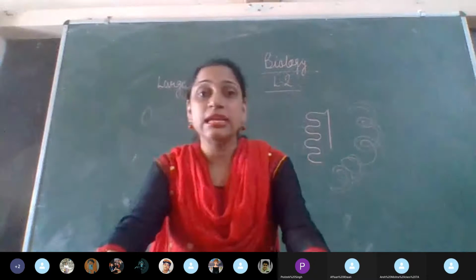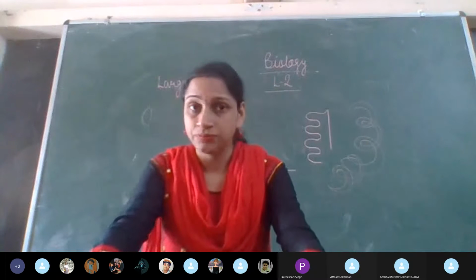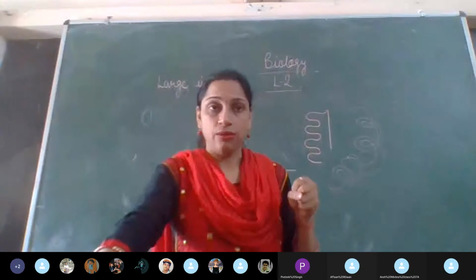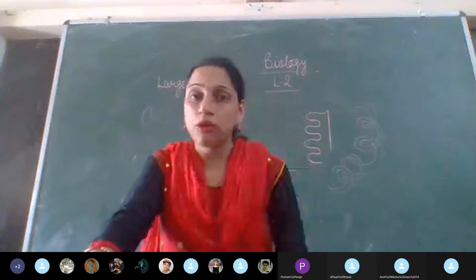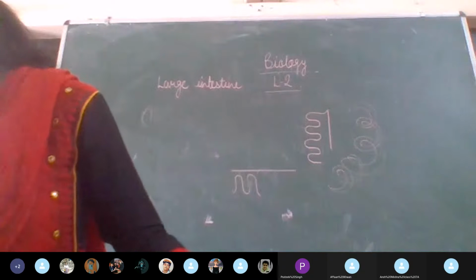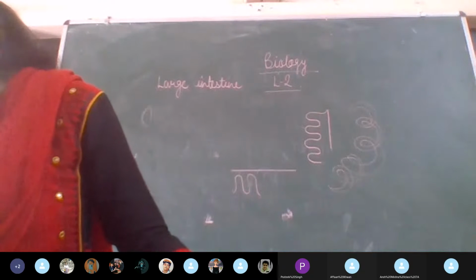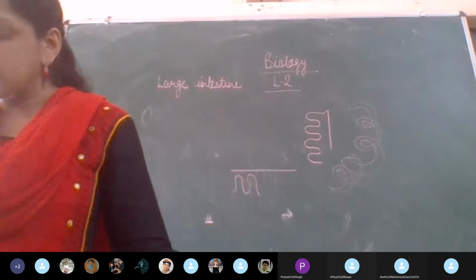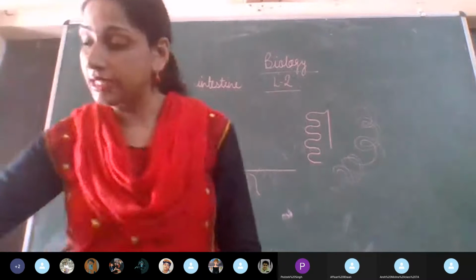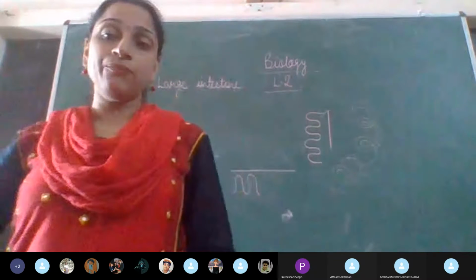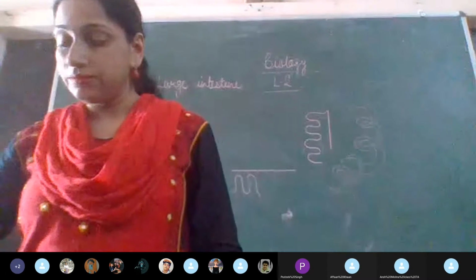But when we talk about the large intestine, here the absorption of water and some vitamins takes place. So it is absorbed by the blood. The absorption of water and the vitamins. So please underline this also. Come to the second line. To absorb water and some vitamins from the food material. Please underline this so that you get to know the main thing about it. When you turn the pages back while reading, you get to know the important point about it.